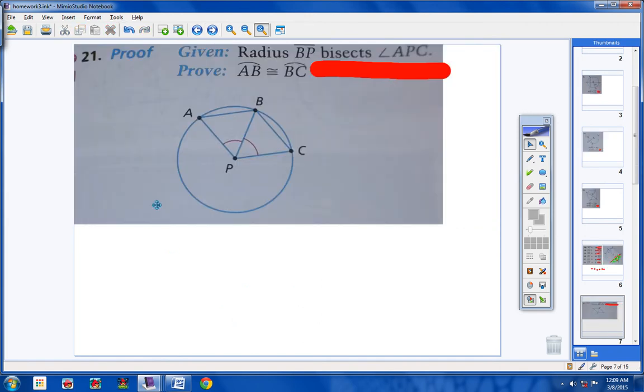Hope that makes sense. Number 21. Okay, let's prove this real quick here, guys. This is a pretty simple proof. Let's see if we can do this rather quickly. Alright, here we go. We're given radius BP bisects angle APC. So we're going to